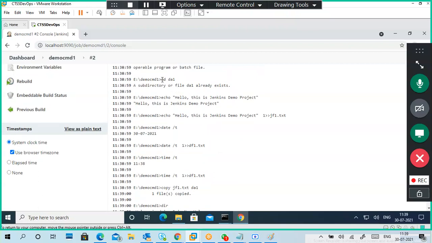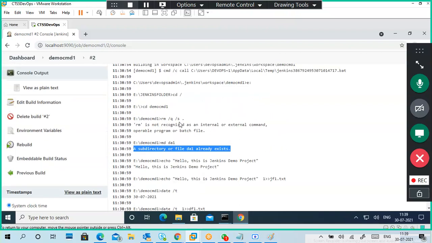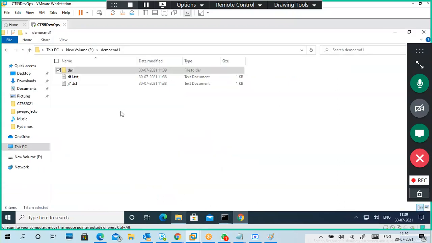You see, when I create a directory, it says the directory already exists. Okay, this is not understanding this command, so we have to check it once more. Yeah, here it is. Our files and directories are there. Now the file is copied. Okay, total script like that we did.